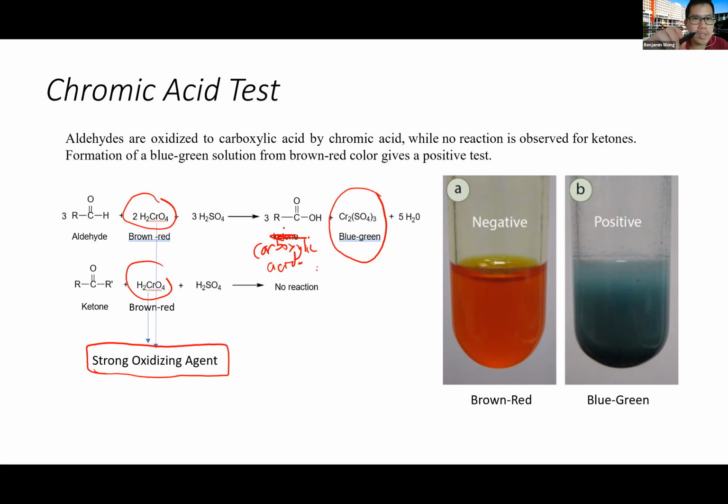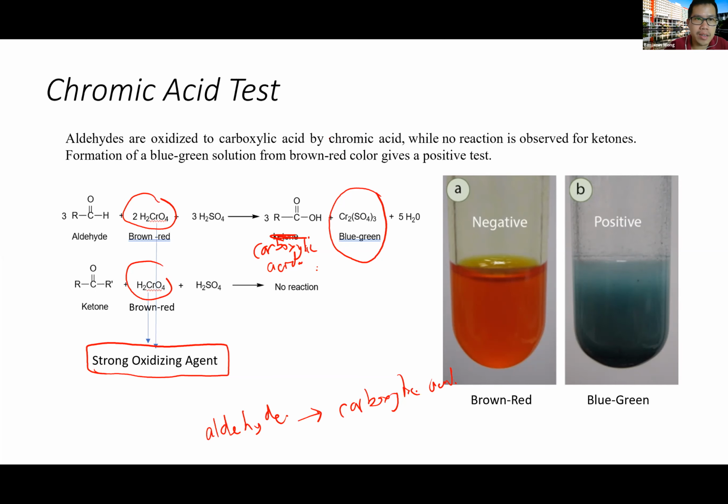Okay, it can be oxidized into carboxylic acid, to turn into blue-green. The reason is because once oxidized, so we understand this, right? Last week I did mention that aldehyde can be oxidized into carboxylic acid. This is the case because once the chromic acid oxidizes aldehyde into carboxylic acid,